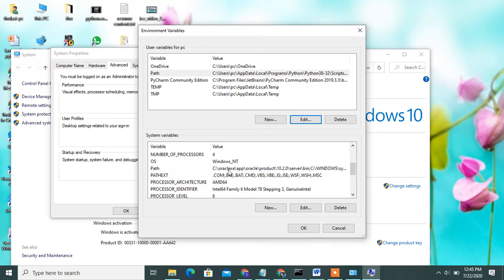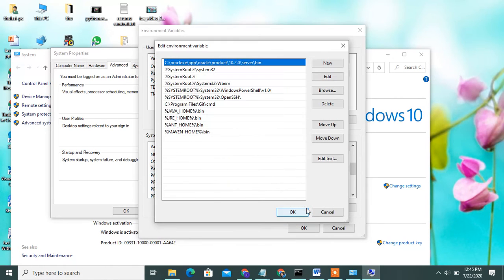You can edit this. Mention the mvn home slash bin only, that is it. Edit the environment variable under the path, mention the mvn home slash bin folder, then click on OK.